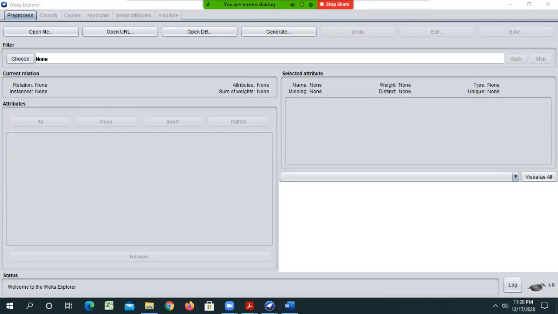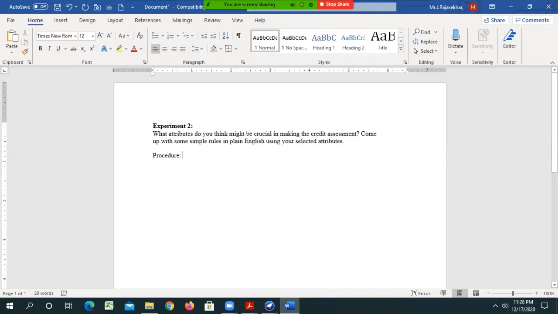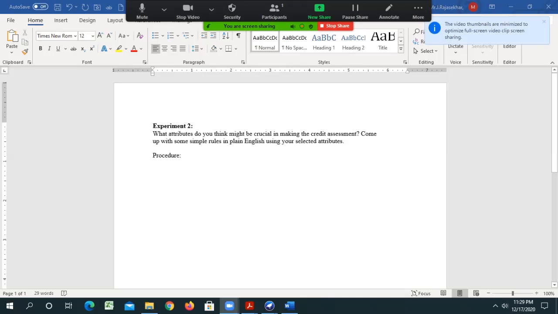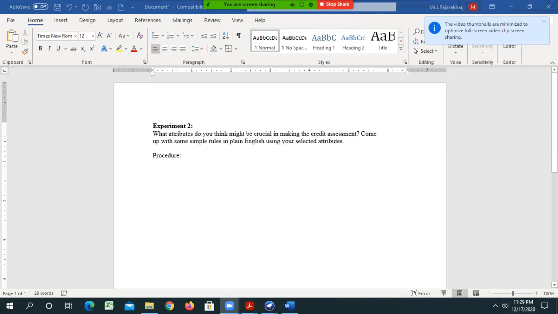Today we're going to discuss the second experiment of the data mining lab. And what does the second experiment mean? What attributes do you think might be crucial in making the credit assessment, and come up with